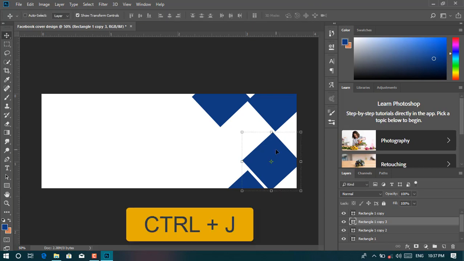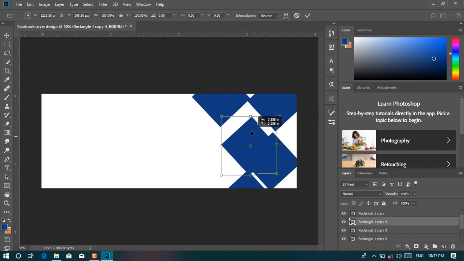And then now also this one, Ctrl+T to duplicate it here, and then take this one in the middle,